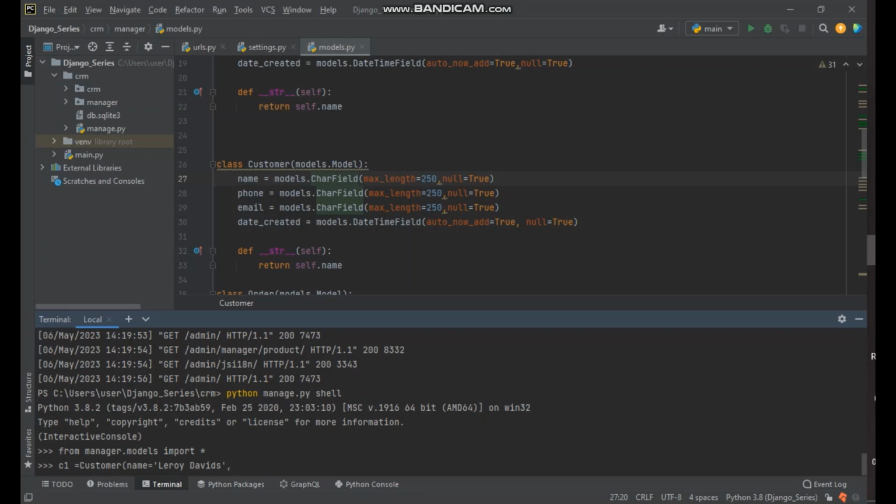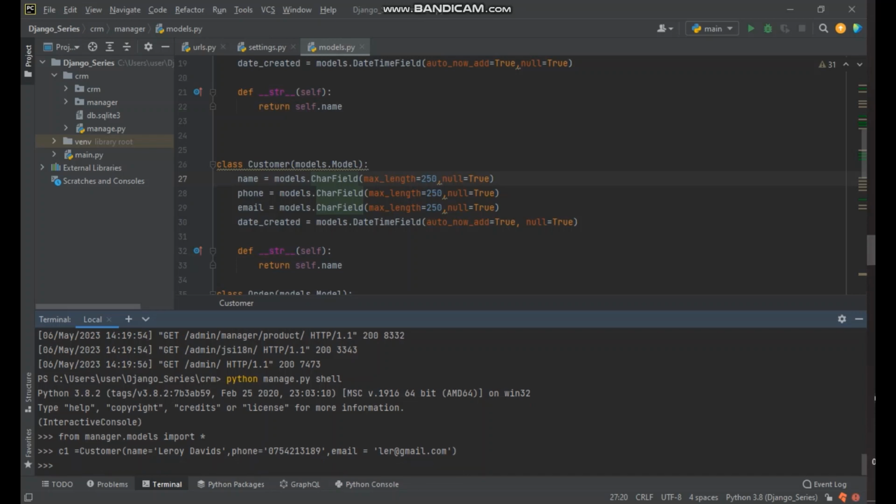comma, and then we're gonna put the phone. The phone is also a character field, so you're gonna write a random number there, comma, and then go to email, which equals, let's say it's Lee, maybe at gmail.com, right? You can just put in random values, and then I think the date you can just leave it like that, because you don't have to do anything there. It does on its own. It's automated. So as you can see,